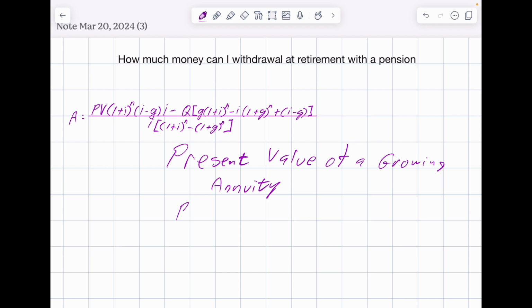It's PV equals A times 1 minus 1 plus G to the N times 1 plus I to the negative N, all over I minus G,